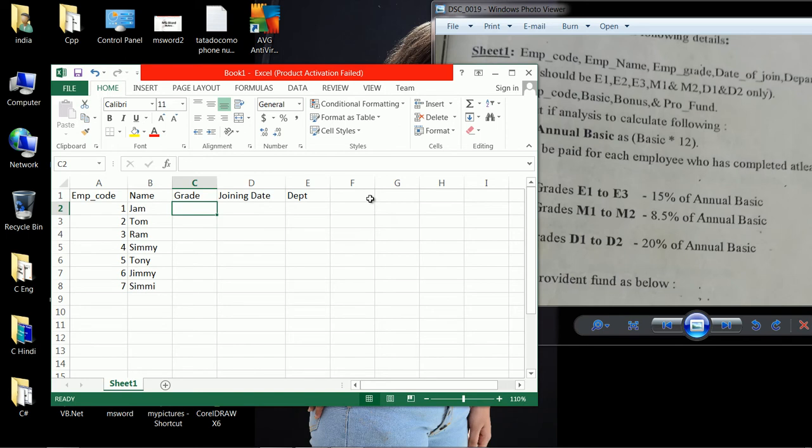Then grade is E1, then suppose D1, here is E2, suppose D2, M1, suppose M2, suppose E3. Okay.